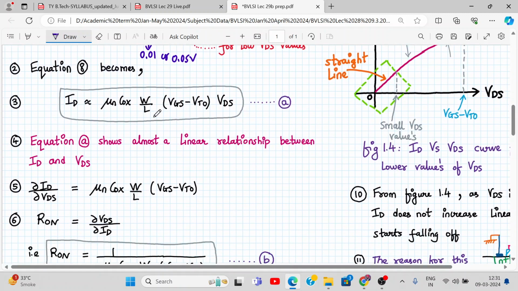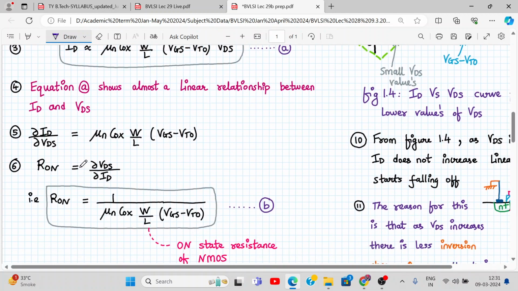Now equation number A is clearly showing the linear relationship between ID and VDS. See, ID and VDS are not squarely related now. Okay. So if I differentiate this ID with respect to VDS, what do we get? Mu n Cox W by L times VGS minus VTO straight away. All are constants. So delta ID upon delta VDS, and 1 upon that will be the on-state resistance. So R on, the on-state resistance of the MOSFET, is 1 upon mu n Cox W by L times VGS minus VTO,